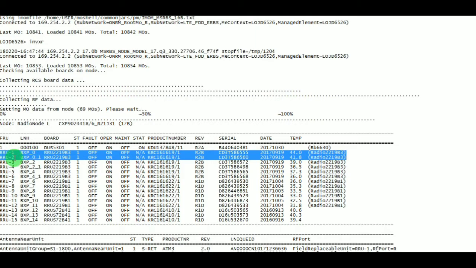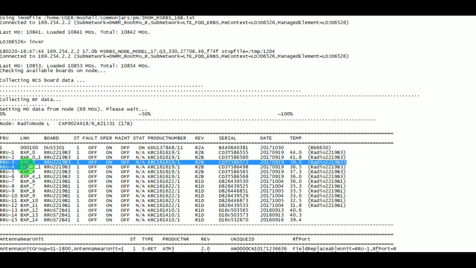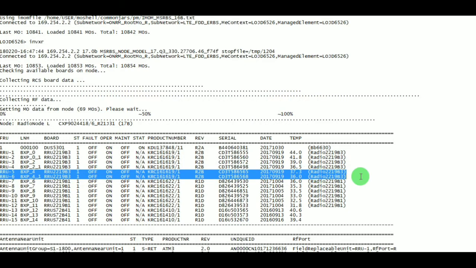Radio units 1 and 2 are supporting sector 1 of FDD 1800, whereas RRU 3 and RRU 4 provide support to sector 2 of FDD 1800. RRU number 5 and 6 are associated with sector number 3 of FDD 1800.